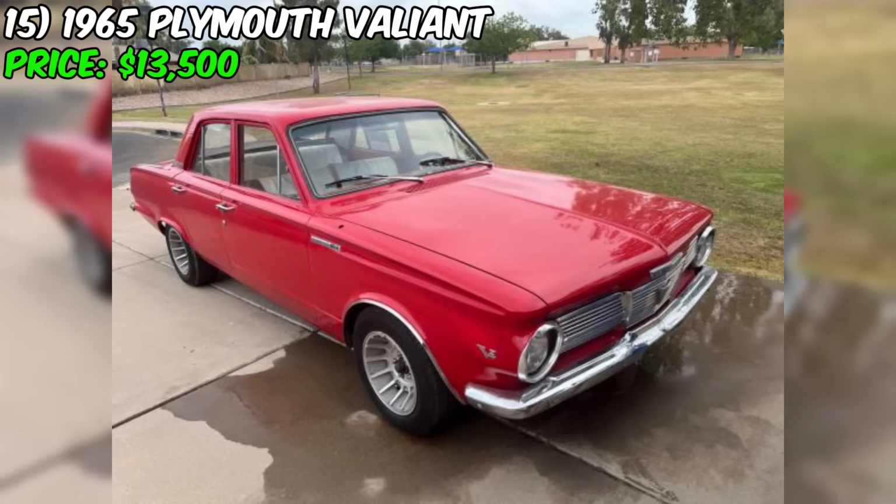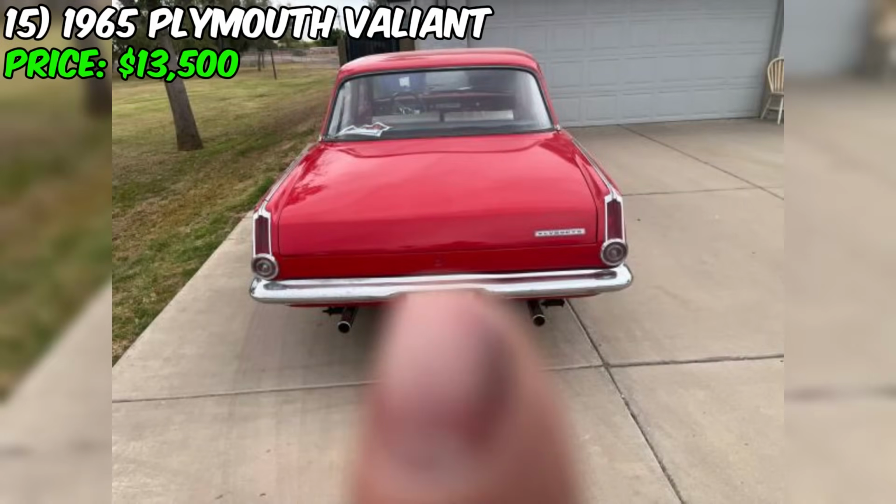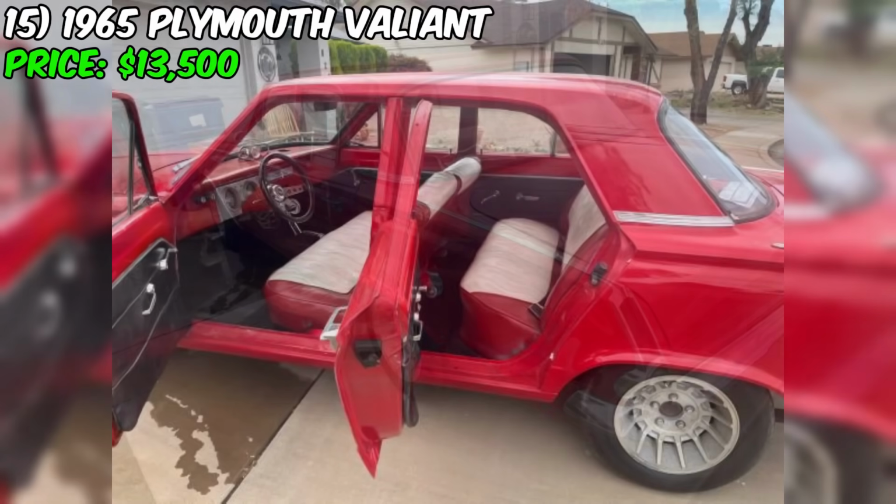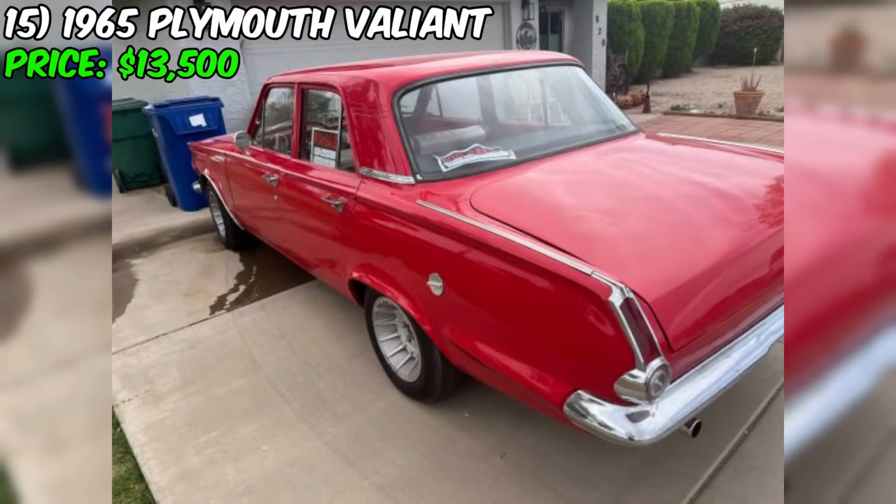And what a journey it will be. Imagine cruising down the road in this classic Valiant. The sound of the 318 engine rumbling through the exhaust, the wind in your hair, and the admiring glances of passers-by. It's the kind of experience that only a true car enthusiast can appreciate, and it's one that you'll never forget. So if you're ready to take on the challenge of owning a classic Mopar, this 1965 Plymouth Valiant is